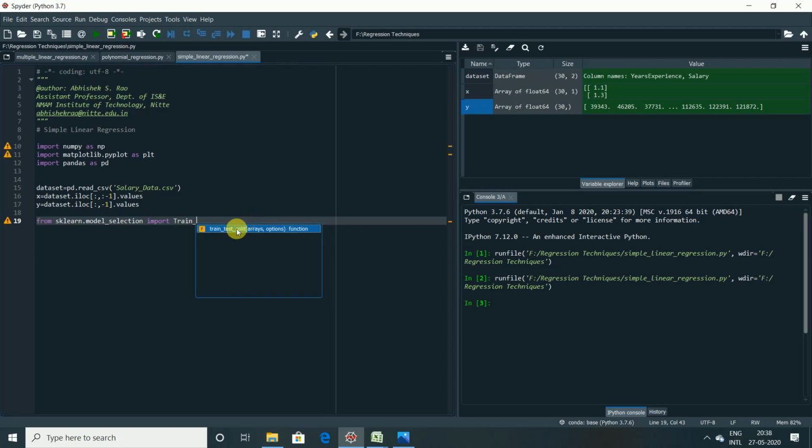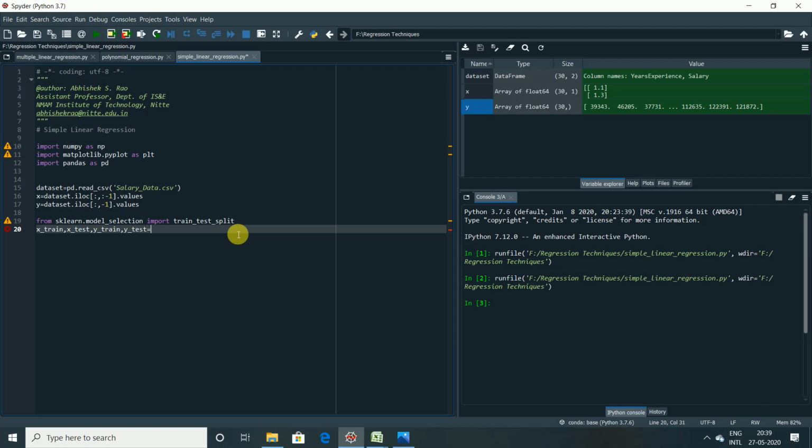So this is the class. After that, we require 4 new variables. Can you guess? They are X_train, X_test, Y_train and Y_test, right? So we write it as X_train, X_test, and similarly Y_train and Y_test.